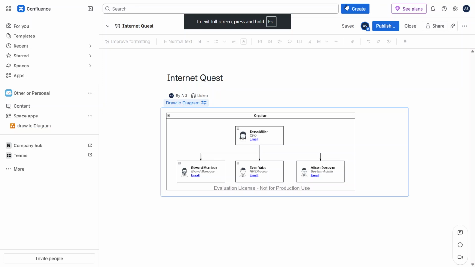In today's video, I'm going to teach you how to arrange layers in draw.io for Confluence and Jira. To get started, open the Confluence page or Jira issue where you want to organize layers in your draw.io diagram. For this example, I'll be showing the process inside a Confluence page, but the overall workflow is very similar in